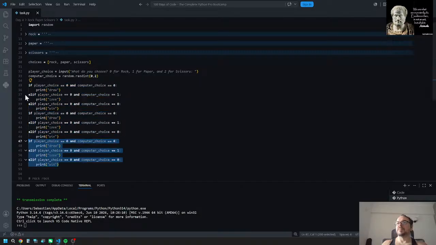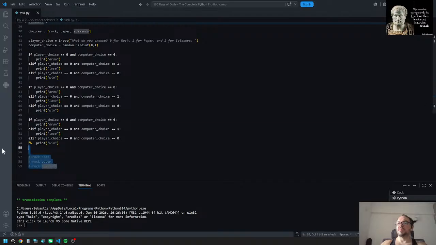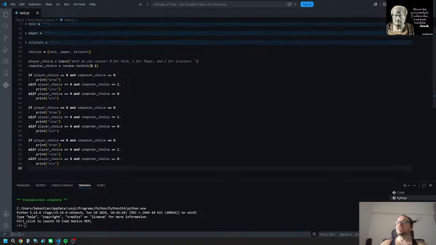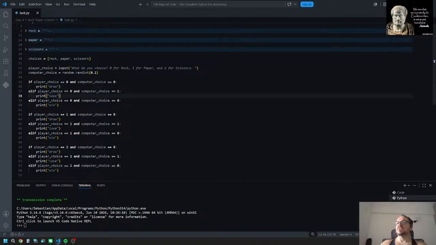Okay, so for now, we just put some space here. The other cases are that the user chose 1, computer chose 0, user chose 1, computer chose 1, user chose 1, computer chose 2. We're going to fix the outcomes in a second. So if you choose 1 and the computer chooses 0, so if you choose paper, computer versus rock, then you win,